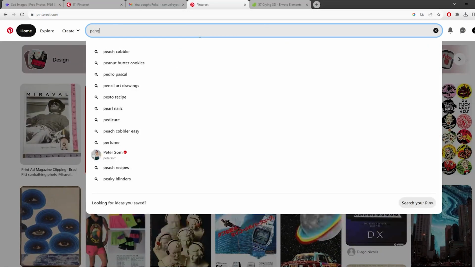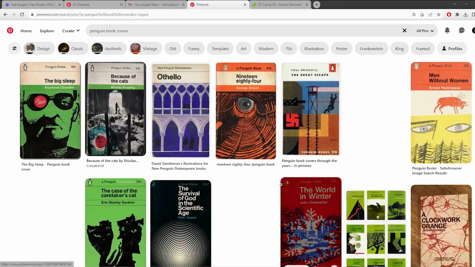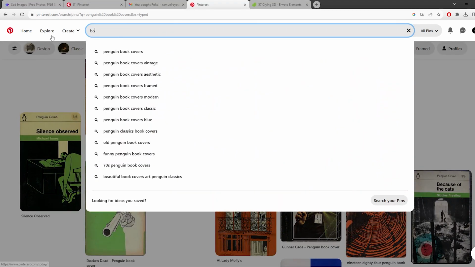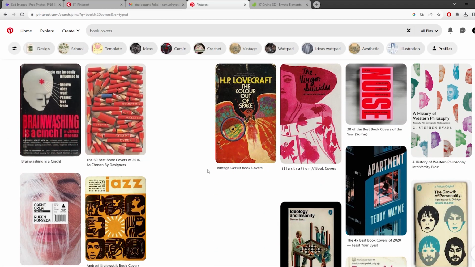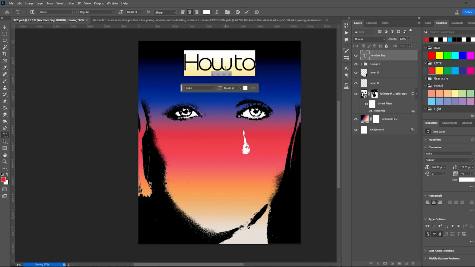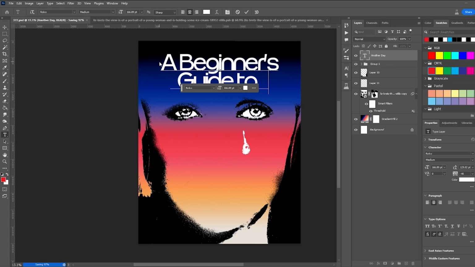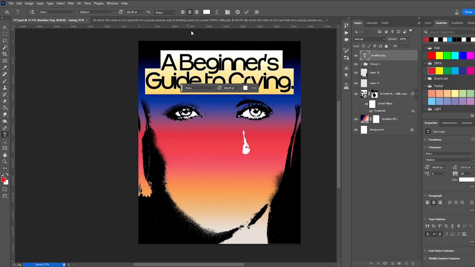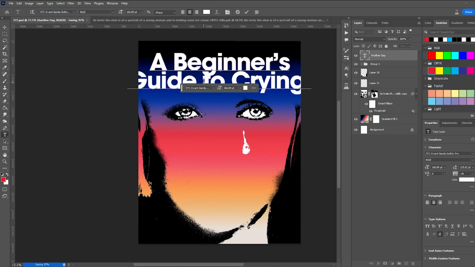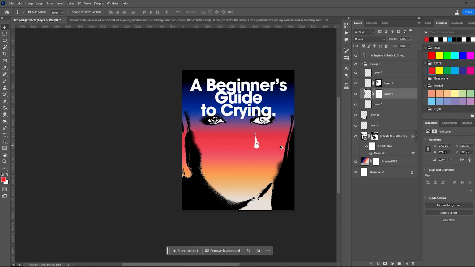What am I searching here? Oh yeah, at this point in the process, I was like, what if I do a cover? What if I do a cover for a book that doesn't exist about having a crush? So I was like, maybe that could be a poster, and what I figured out at this part is that the 16 by 20 inches format doesn't really work for a book cover, because books are not in that size.